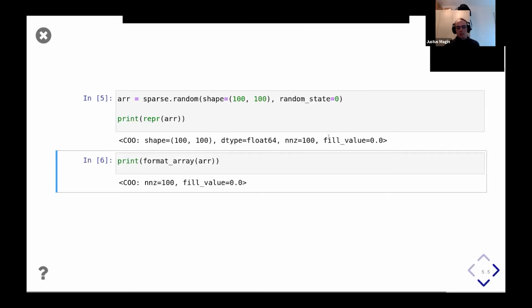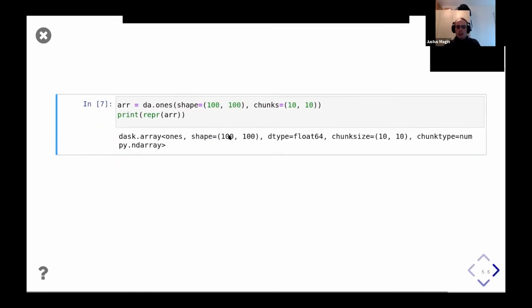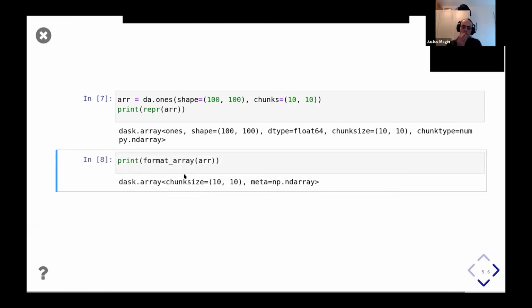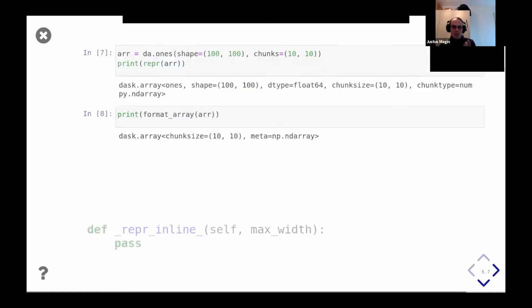And the custom wrapper will remove the shape and dtype information. Same for Dask. There's a name, shape, dtype, chunk size, and chunk type. And we remove that to only contain chunk size and chunk type. There's this here, which is different. It doesn't say chunk type. And that's because I think it was added before the chunk type was, or something like that. I'm not sure. We could fix that, but it would probably be better to use something else, which is the